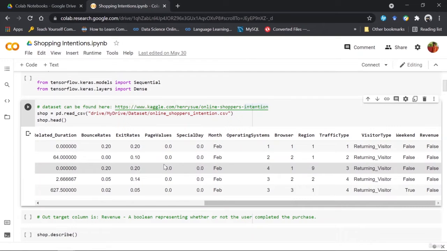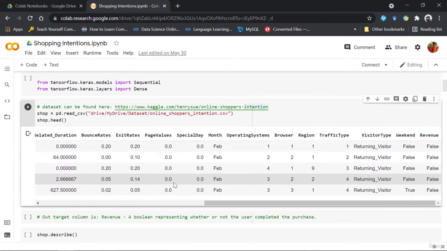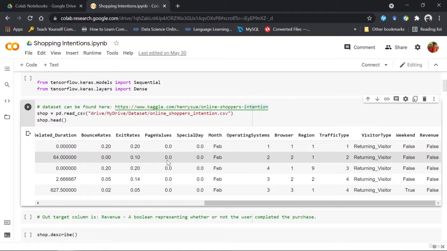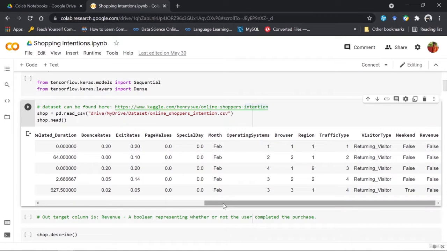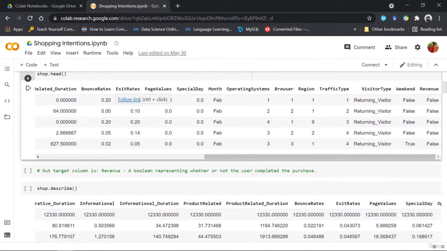If the page is not contributing at all for the visitor to go to the goal page, then the value would be 0. I would be using the describe function so you can see what the max value and the min value for page values is, and the rest are understandable. If there are some columns that you aren't able to understand, then just visit the link itself or search the term itself. You would get to know more about the data in that way also.